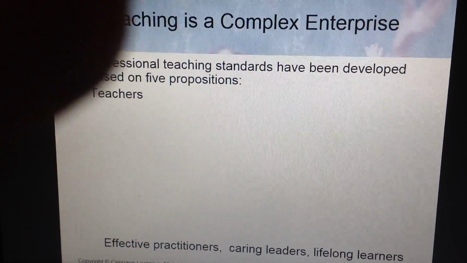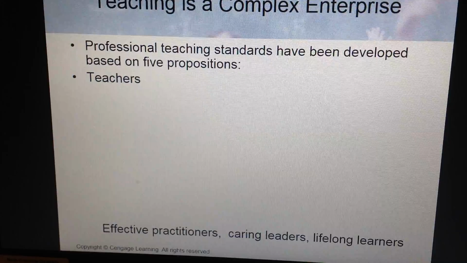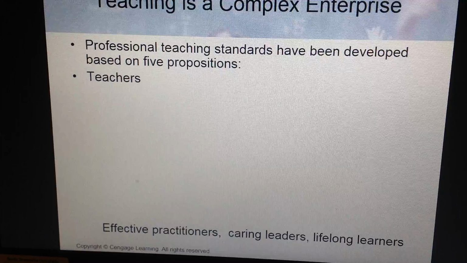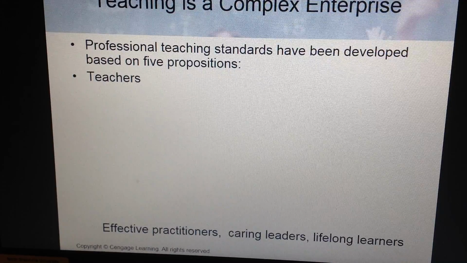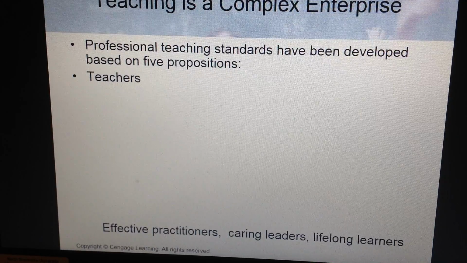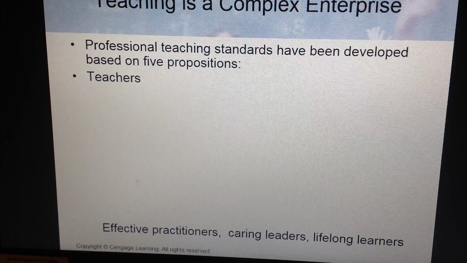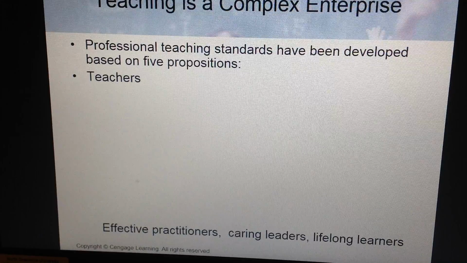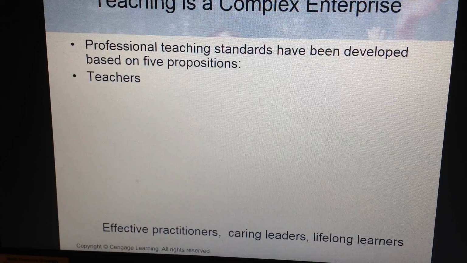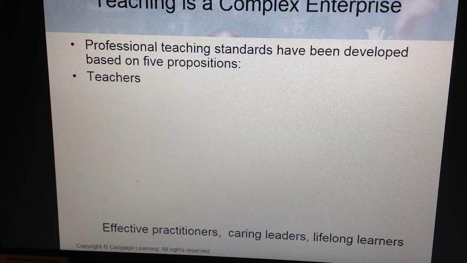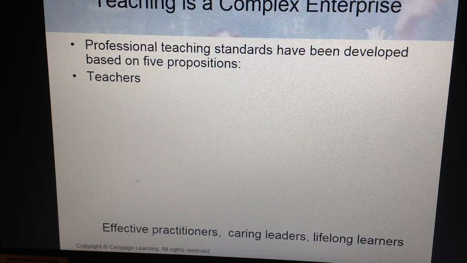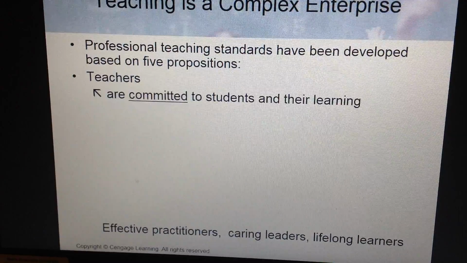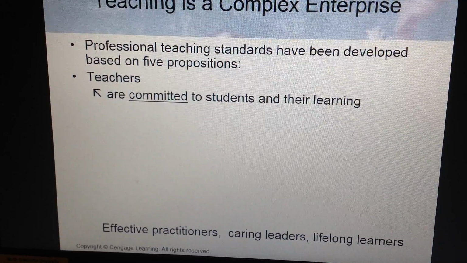It's very complex, and there are teaching standards, and we get ours from, right now we're with NCATE, which is the National Council for Accreditation of Teacher Education, and now we're going with CAEP, and right off the top of my head I can't remember what that acronym stands for, but it's similar. It's about teacher educators. And there are five propositions that they use,